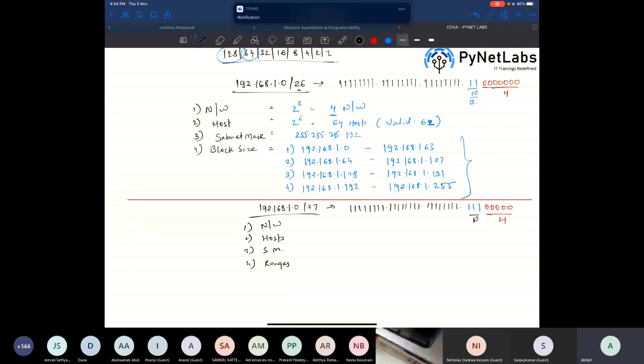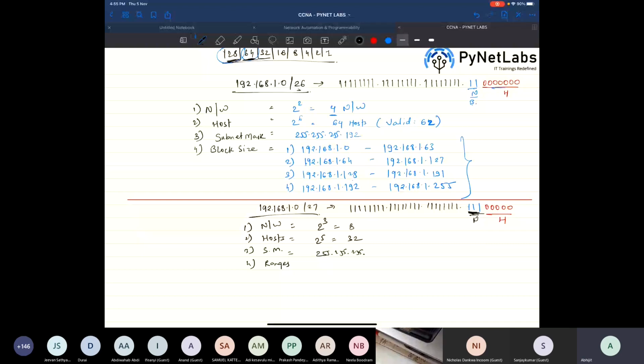The number of network is going to be 2 to the power 3 over here because of the 3 bits that you have, that makes it 8. The host is going to be 2 to the power 5, that makes it 32. The subnet mask is 255, 255, 255, and 3 bits. That means 128, 64, and 32. That makes it 224. And the ranges are from 1.0 to 1.31,